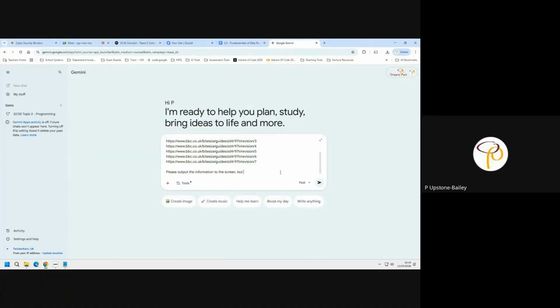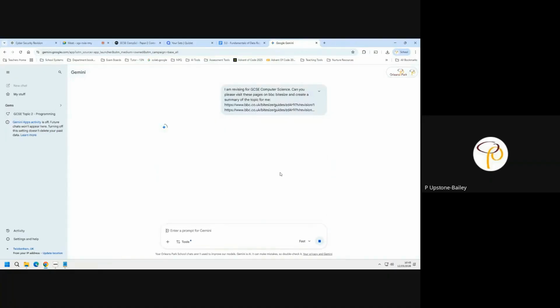And I'm just adding a little bit of information to say, output it to the screen, but can you also create a PDF document for me so that I can download it and keep? This would be quite useful as a revision tool so that it builds up a bank of those PDF documents. So I've asked the question, it goes off and it looks at those BBC Bitesize pages,